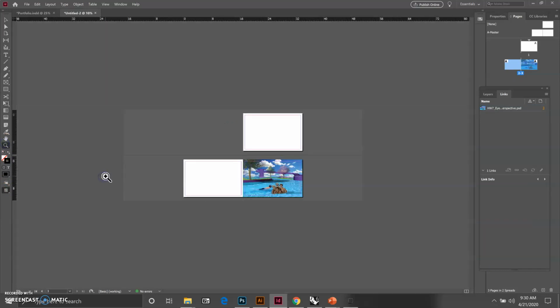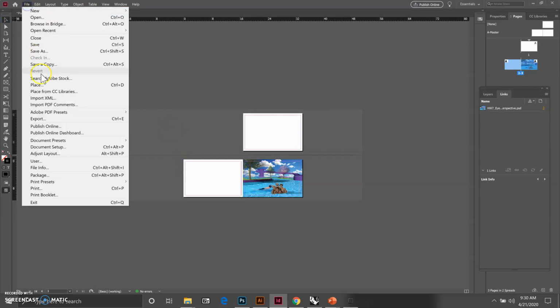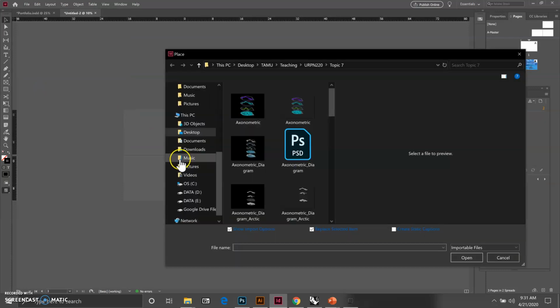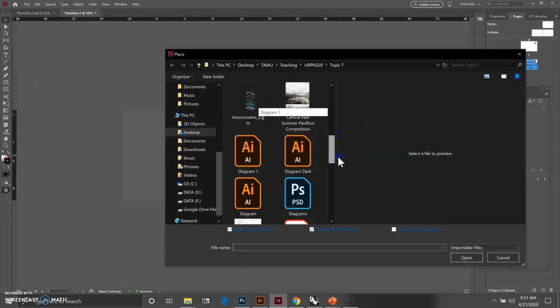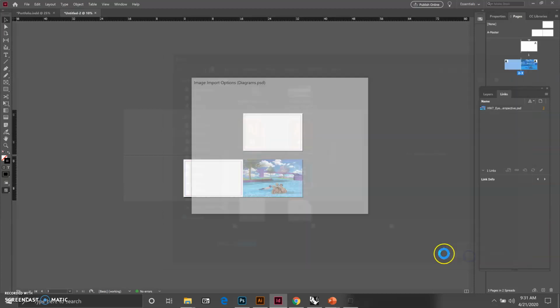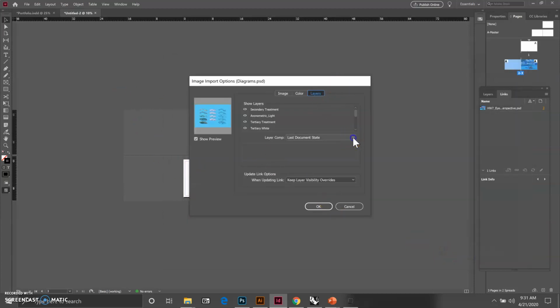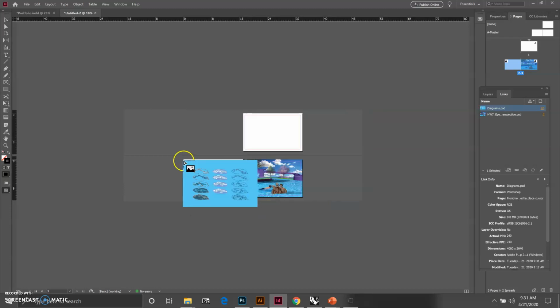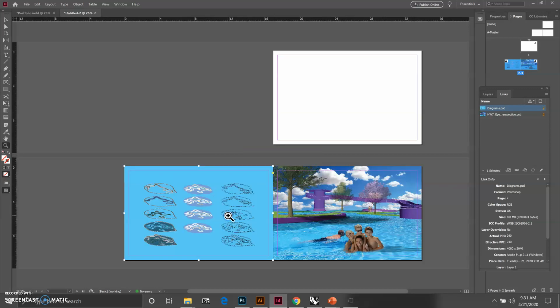Oh, I think I just lost my file. Let's just do it again. Diagrams. Okay, I'm going to choose right here. So this one fits perfectly because I set it up to be the perfect size in Photoshop,